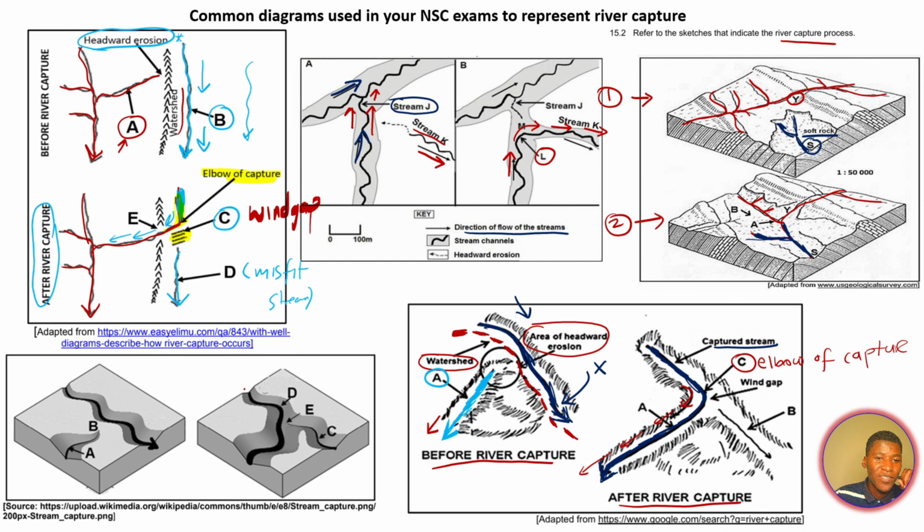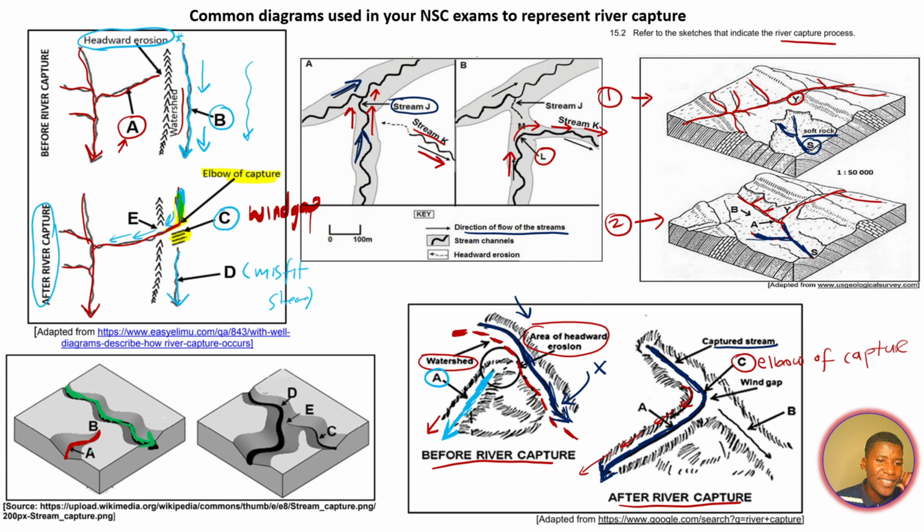This is the last one that I could find that they can use to also represent river capture. This one is pretty simple because you've got a stream A here, and then you have got another stream, which is stream B. So you've got two streams. The moment you see two rivers, you already know that we are illustrating river capture. In this case, I've painted one with maroon, another one with green. So here we have got a red stream and a green one.